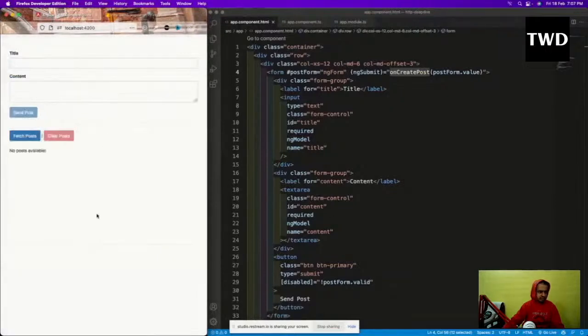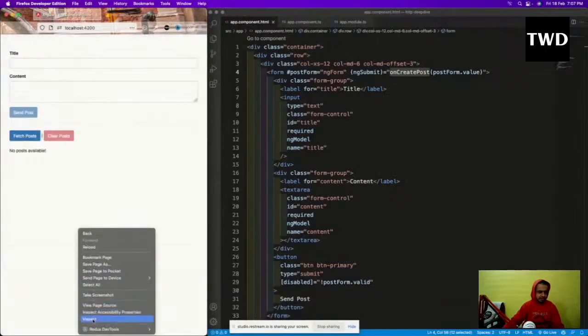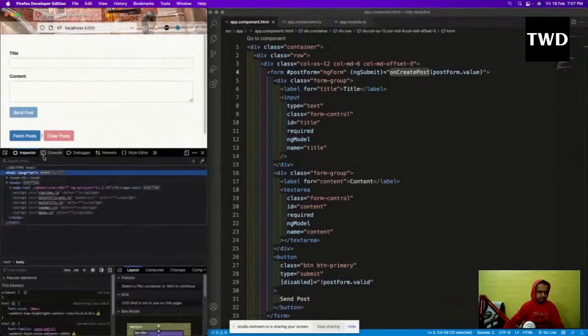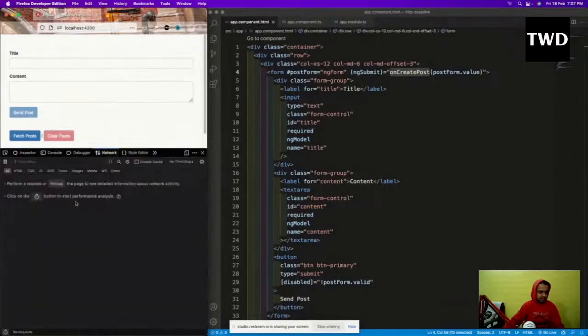Go here and inspect, console, and even the network I'll go. So let's just submit something and see whether it is working or not, whether it is going to the Firebase or not, because sometimes Firebase is giving me some issues nowadays. Okay, HTML basics is this